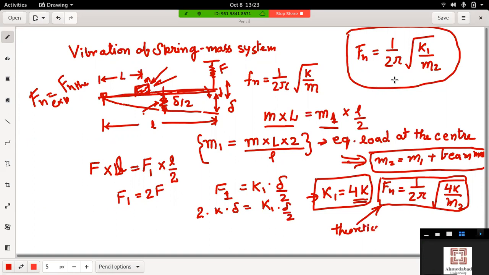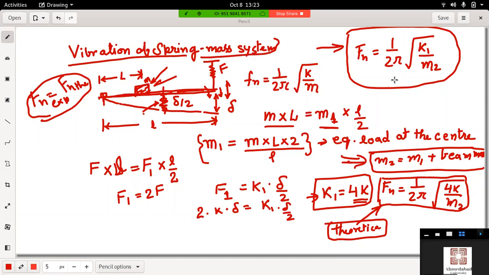That is what you have to see: adding this exciter will create a natural frequency which is different from the original natural frequency without the weight, and this natural frequency is given by this equation theoretically, and it should match the experimental data. So that is what you have to check in this experiment, whether these relations hold true or not.